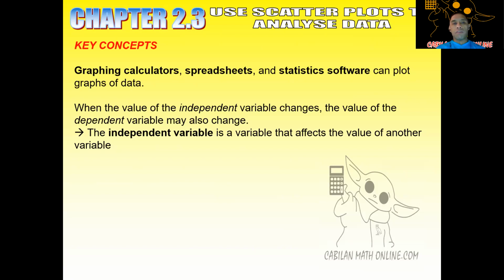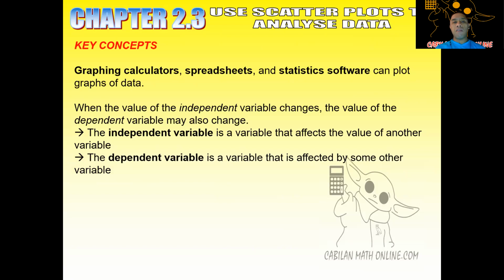Now, the opposite of the independent variable is what's called the dependent variable. The dependent variable is the variable that depends on the other one. I know it sounds very confusing, but if you go back to the temperature and ice cream example, the state of the ice cream would be the dependent variable, because whether it stays as ice cream or goes into liquid form totally depends